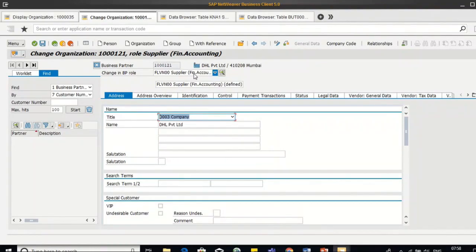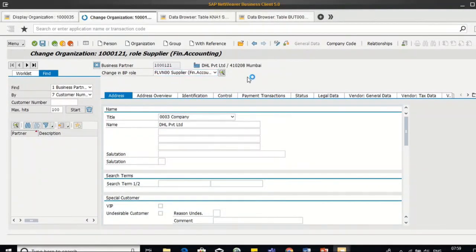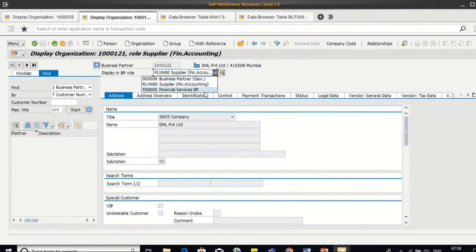We want to define it as carrier. That is the main name, right? So initially, because the system understands carrier as supplier, we defined it as supplier. Now we want to extend it to carrier. So see, when I am in change mode, I see all the available business partner roles. But when I go to display mode, I will be able to see only those roles which are maintained for this business partner. Okay. So now if I go to change mode again,